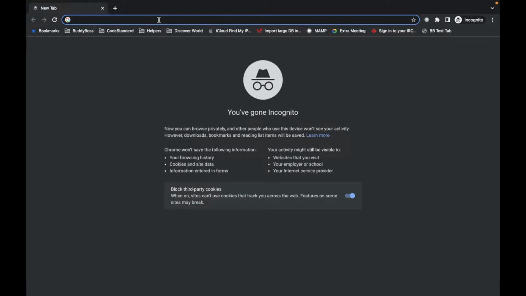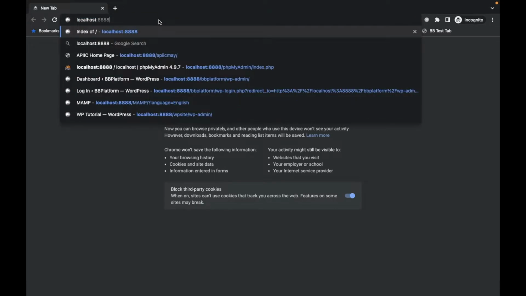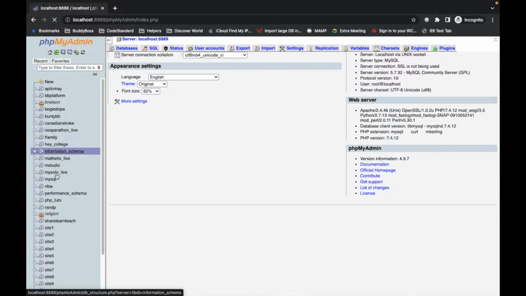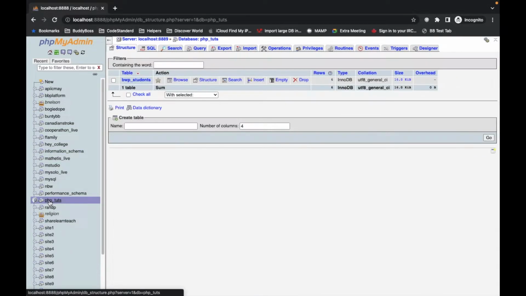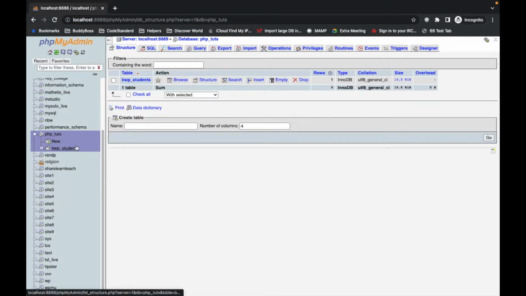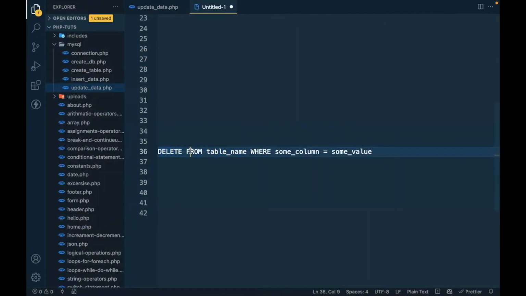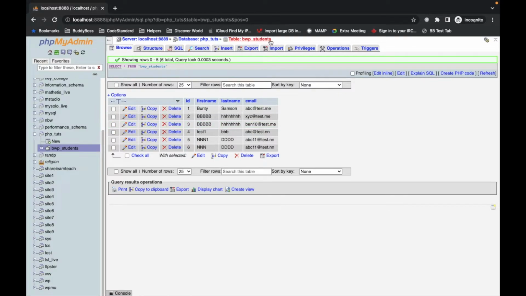let me open our table. So this is the database we are using. This is the table. So we want to delete a record from this table. So that means delete from BWP students